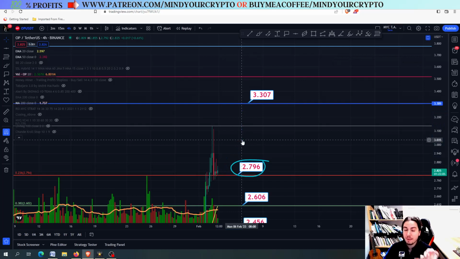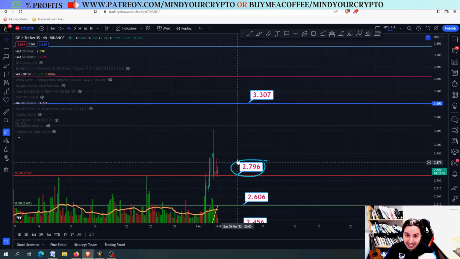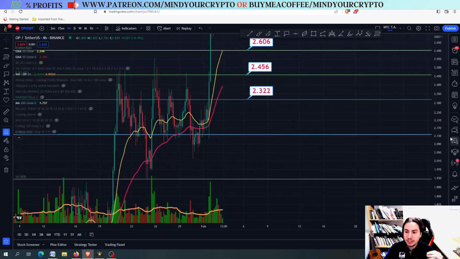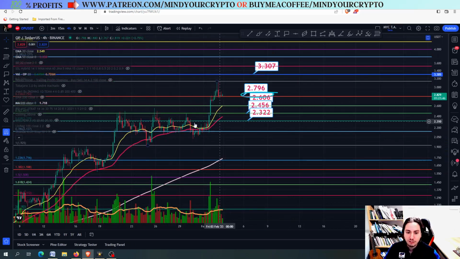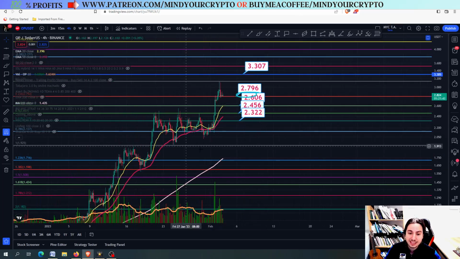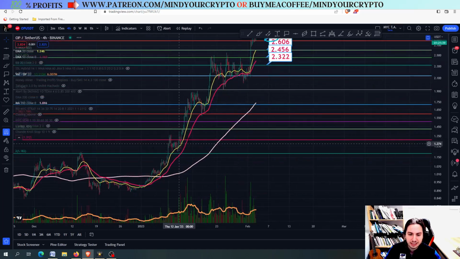But this time, because of Bitcoin that might crash, I think the best way to deal with this market and with this current altcoin is to, if you haven't bought in yet, pay attention to these targets. Now, what happens if you bought around here or around there? If you bought around here, if we lose the 2.796, take profits. Okay, if you bought around this area right here, then you have multiple chances to sell.